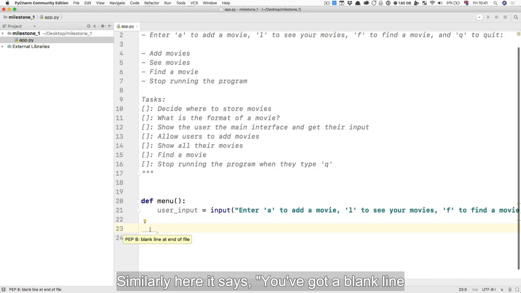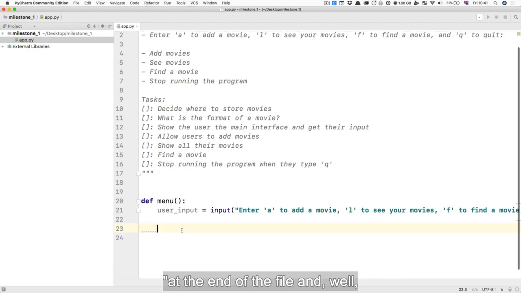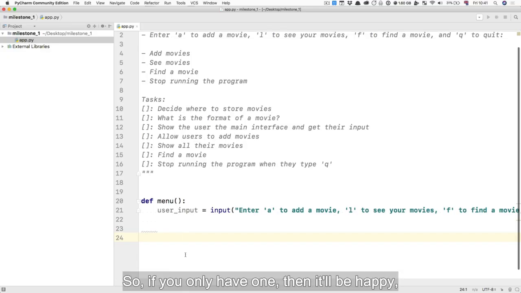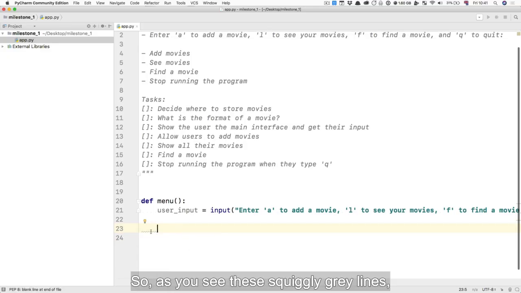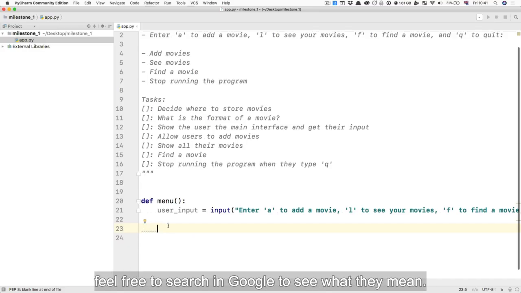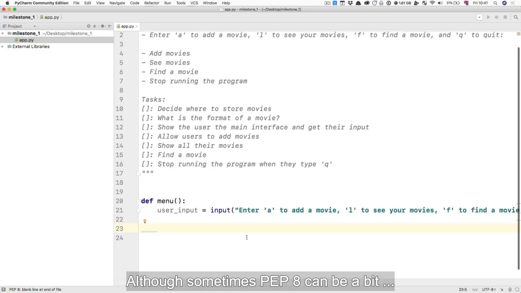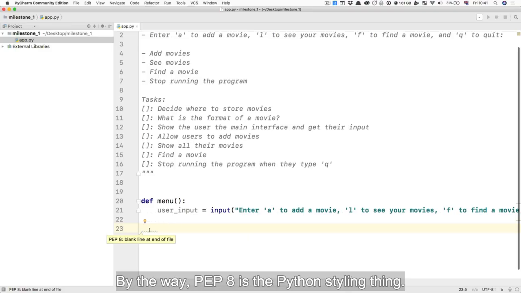Similarly here, it says you've got a blank line at the end of the file, and you've got too many of them. So if you only have 1, then it'll be happy, but of course we're going to continue developing here. So as you see these squiggly gray lines, feel free to search in Google to see what they mean, and then you can maybe get rid of them. Although sometimes pep8 can be a bit... by the way, pep8 is the Python styling